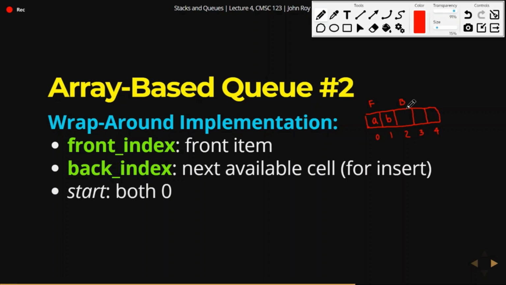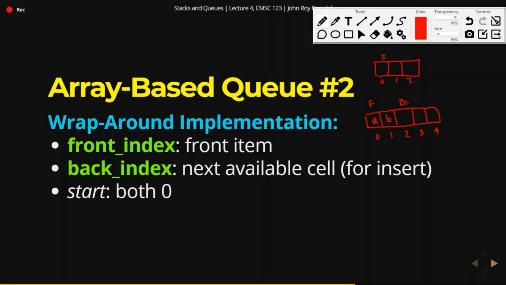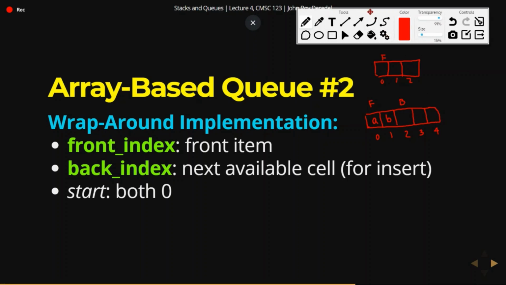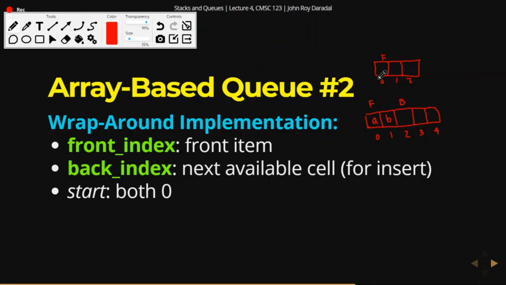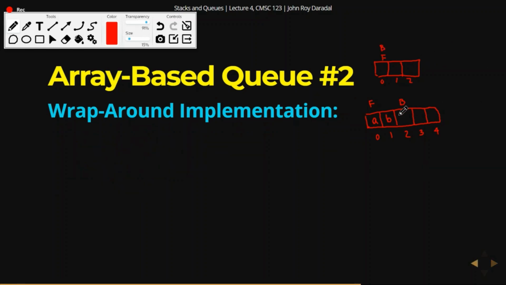At the start, both would be 0 because if it's empty, for example, if there are only 3 cells, 0, 1, 2, F and B would both be 0. So, in here, they are the same. Okay? And then,